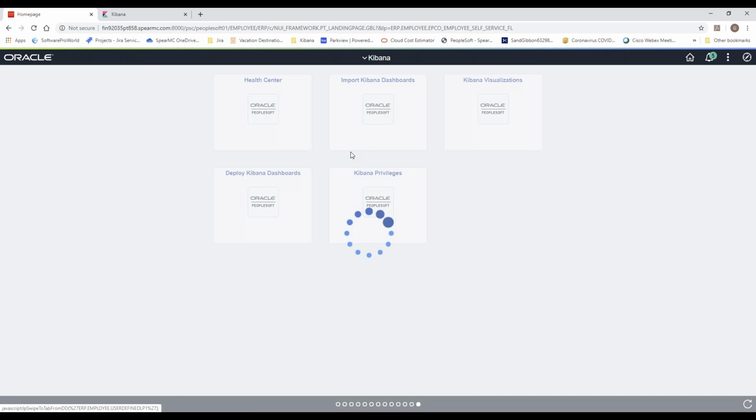So what I would do now in this case is go through those steps that were on the slide. I'd want to import the data. I'd then want to configure the visualizations, deploy the dashboard and the Kibana privileges. Just a bunch of clicking, but I have all those saved here, so I can easily do that when I add content. The next thing that I want to do is add